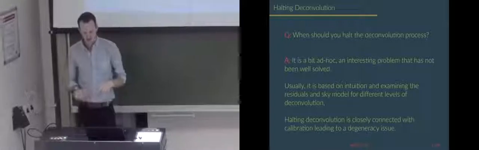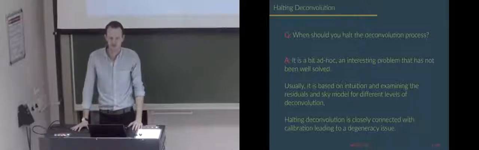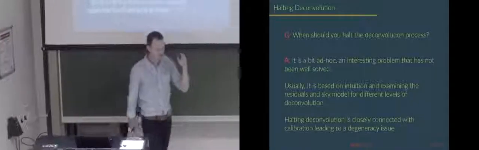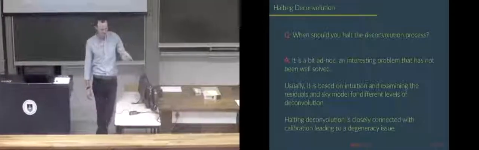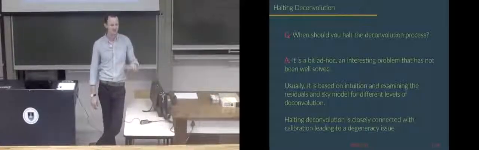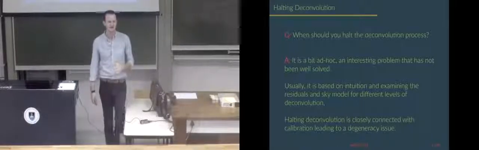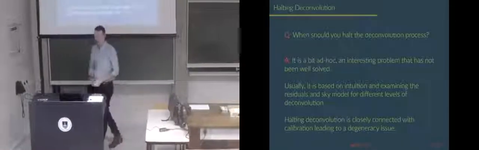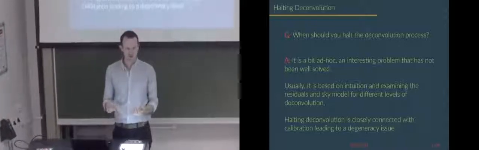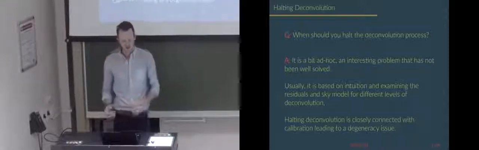When should you halt the deconvolution process? It really is one of these things where you just have to do it enough times to deconvolve. Making images, you can go through this process a bunch of times. Here's some visibility set, maybe I need to calibrate it, maybe I don't. I'm going to produce an image, a dirty image, and then I'm going to need to deconvolve it. And there's all these parameters. I don't really know what the answer is, so what you'll have to do is go, well, I'll do a little bit of deconvolution, I'll see how it works, and then maybe I'll turn up this parameter a bit, maybe do a bit more, a bit more. You'll keep iterating on this until you get to a point where you're happy with it.